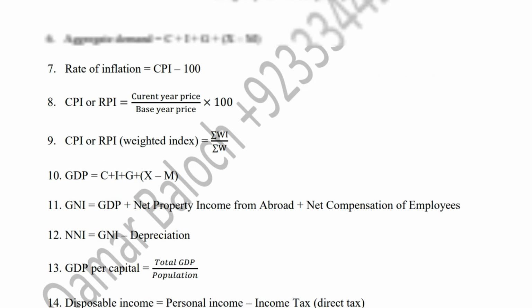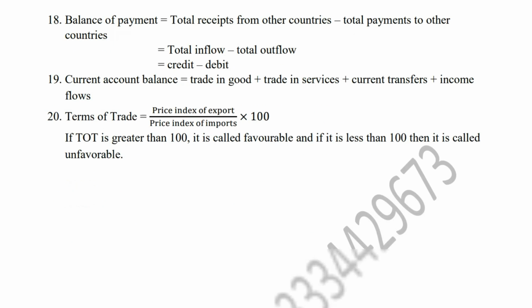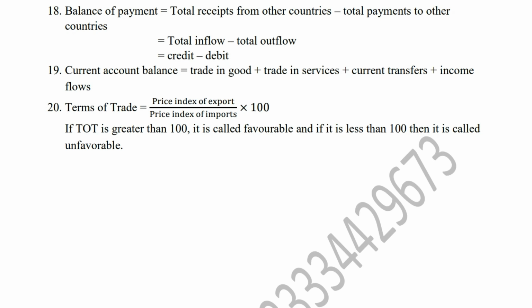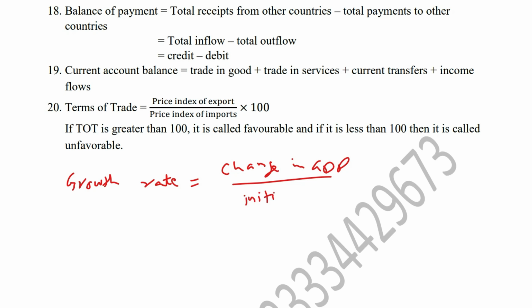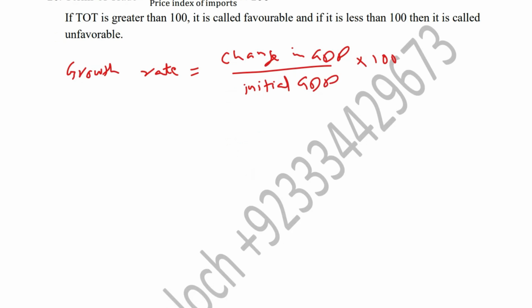Okay, so I think I missed one formula that is really important as well, and that formula is for finding the growth rate, economic growth rate, right? So economic growth rate is calculated as change in GDP over initial GDP multiplied by 100. So this is the formula to find out growth rate. Okay, so now moving to